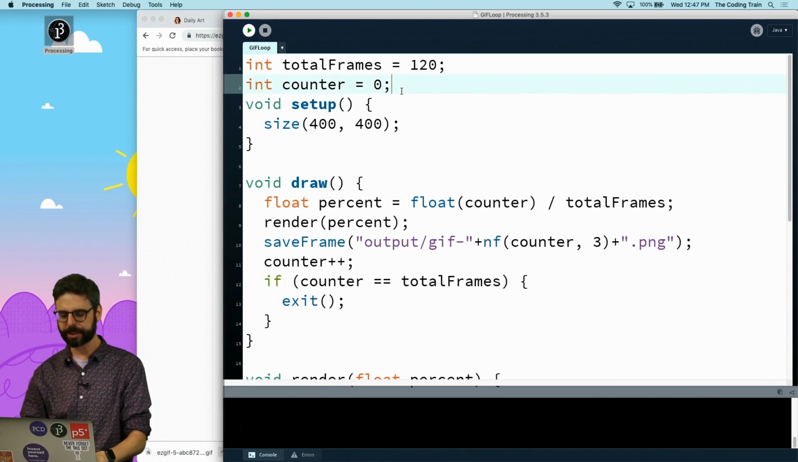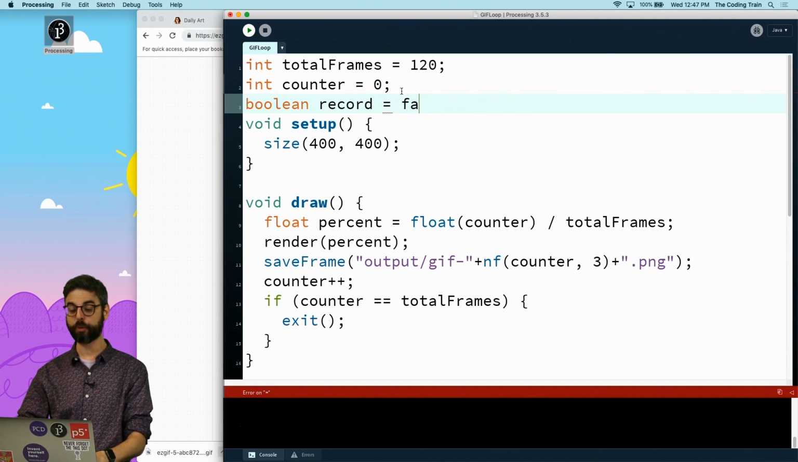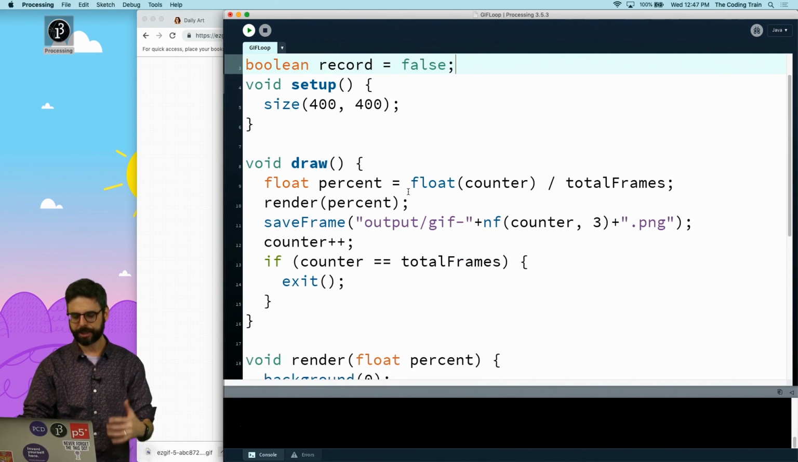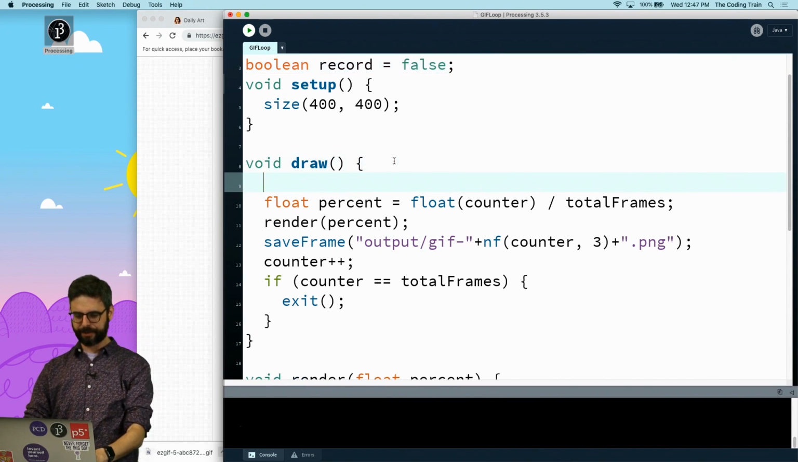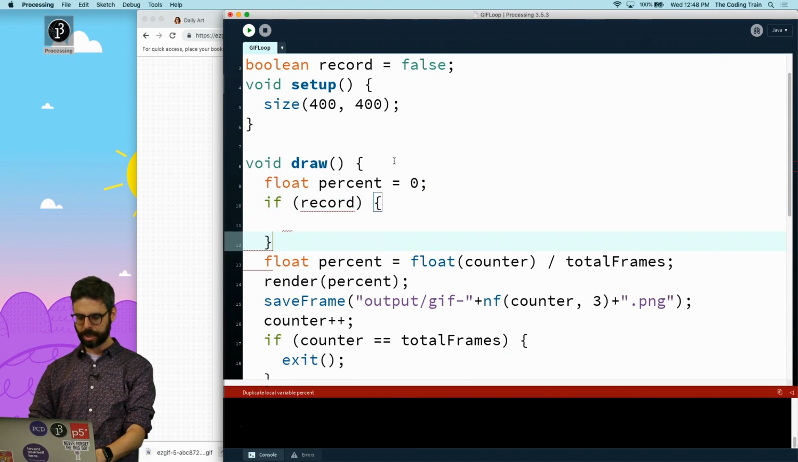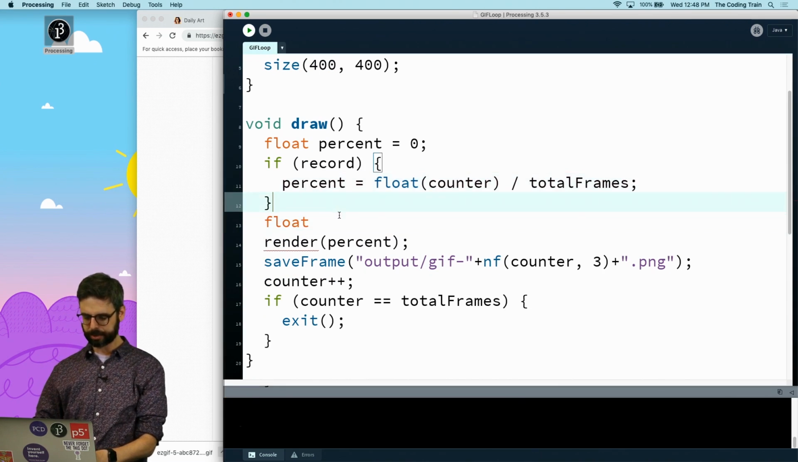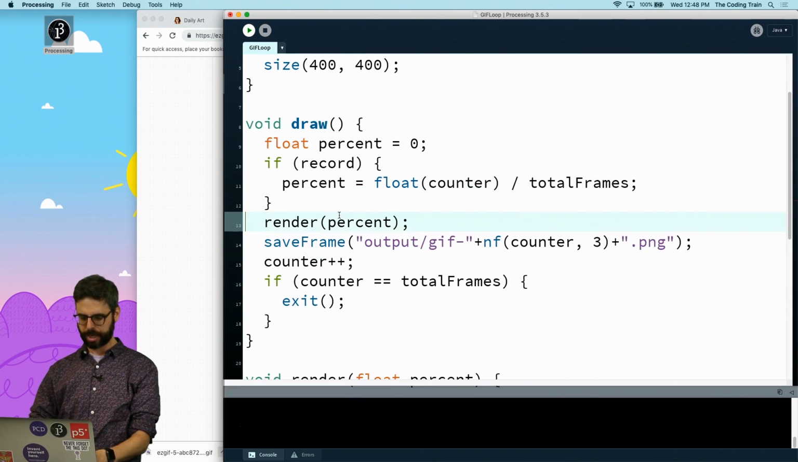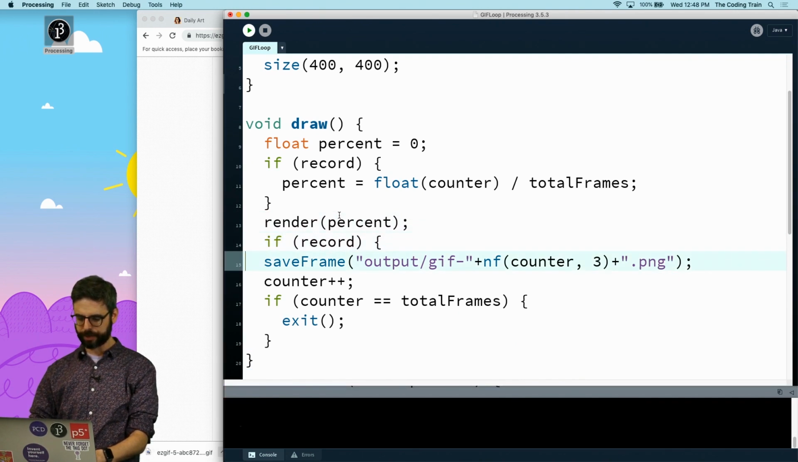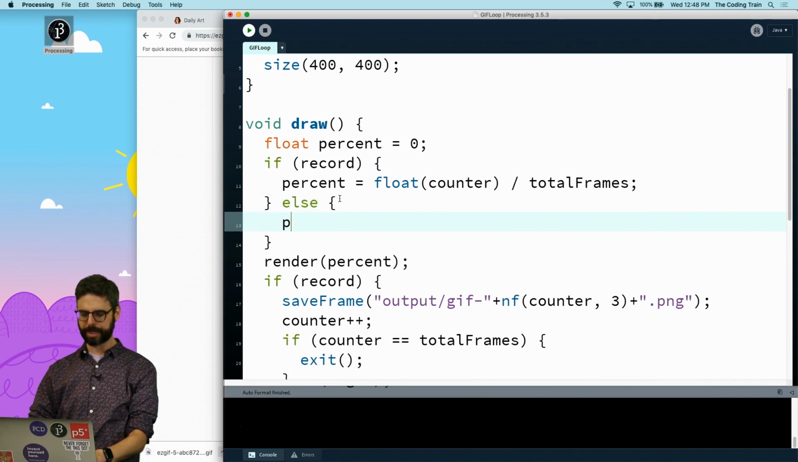I could do that through an interface, but I'm just going to make a Boolean variable called record, and right now I'm going to set that equal to false. Okay? So what I'm going to say here is float percent equals 0, and this is very similar to Golan's. If record, then I am going to use this counter that I have, and then I am also going to do all this stuff like saving the frame. Otherwise, I am just going to say percent